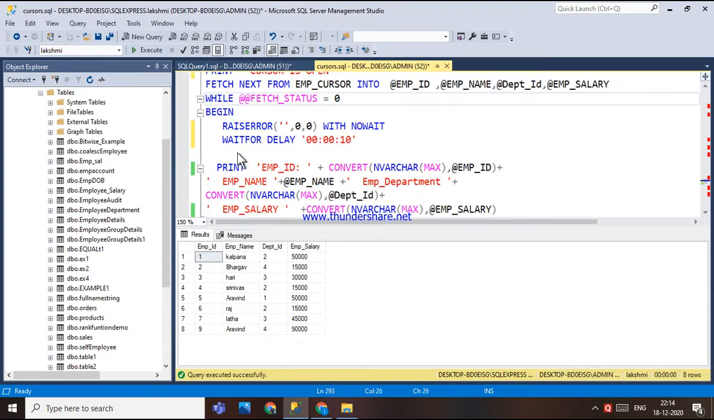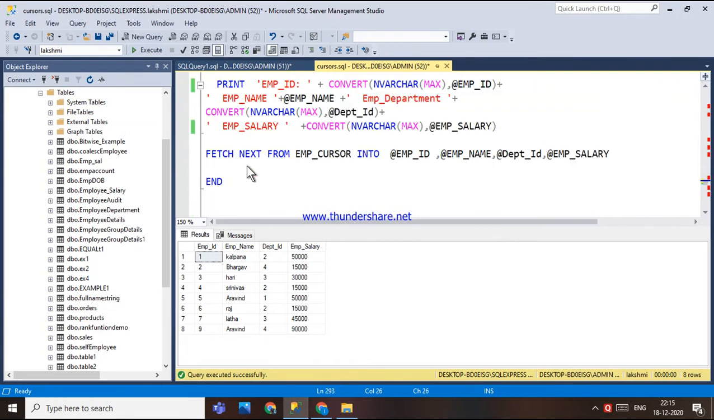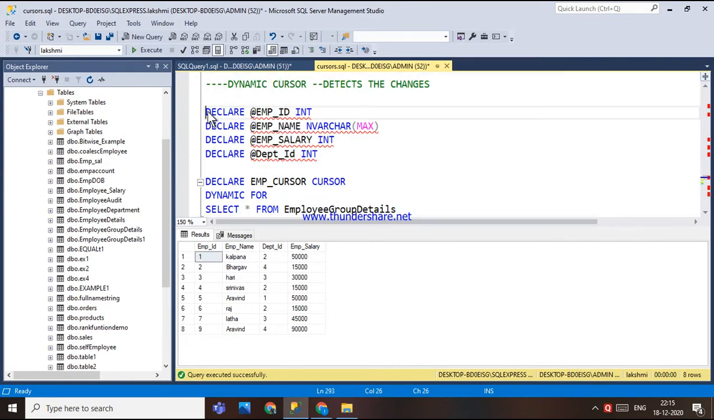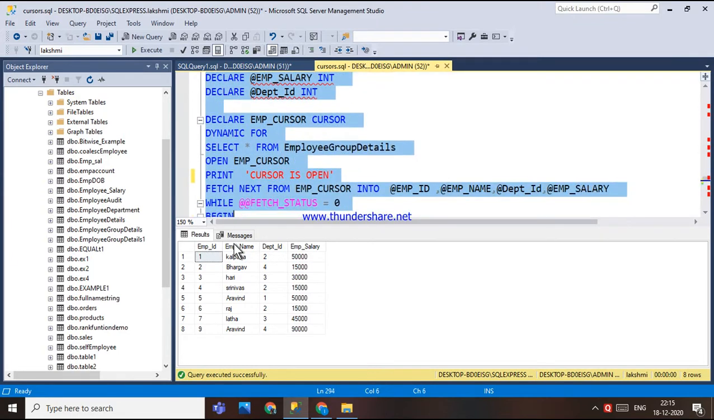See, after entering into the loop, I have kept a wait for delay for 10 seconds here, and then I am printing this whole concatenation. All this I have explained in the other cursor, basic cursor video. Here I am explaining how the dynamic cursor works. Here, if I execute this,